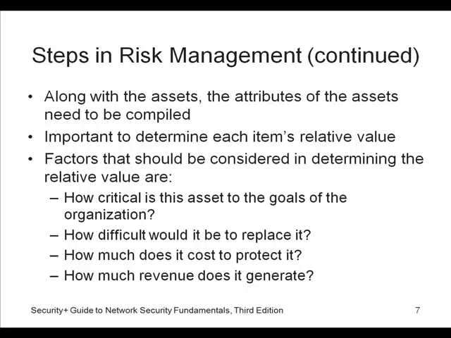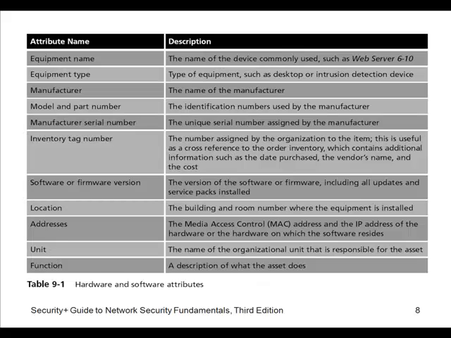How much revenue does it generate? And that's all part of, back to, how valuable is it? What kind of priority are we going to place on this thing? How important is it to the company? And that always comes down to the revenue. These are just some things that could go in the attribute name: equipment name, type, manufacturer, model, part number,